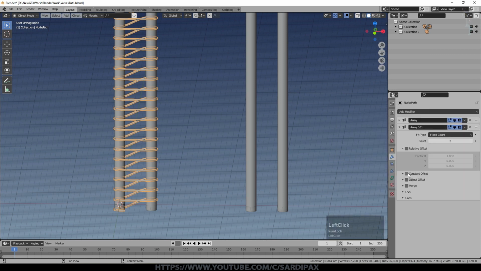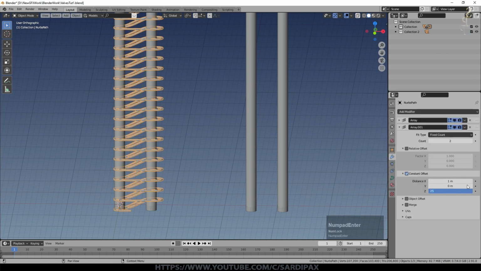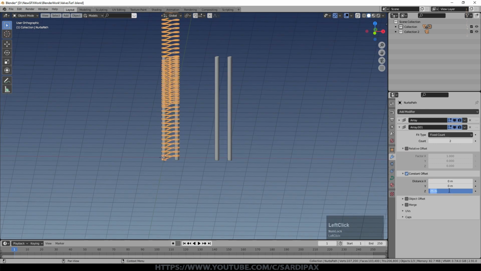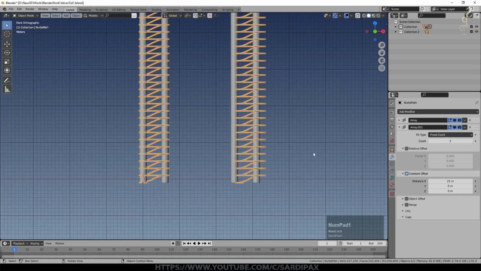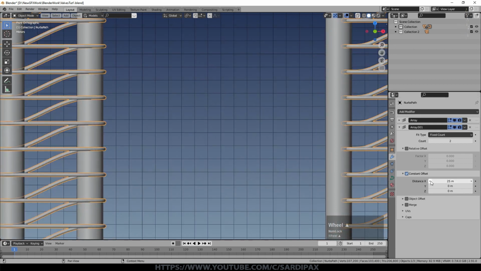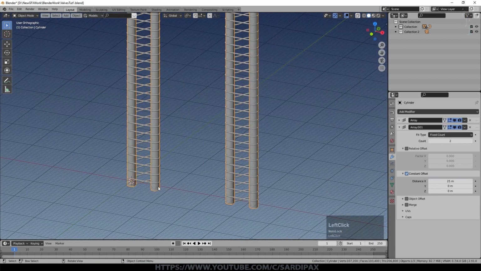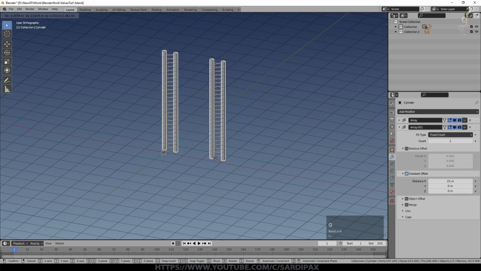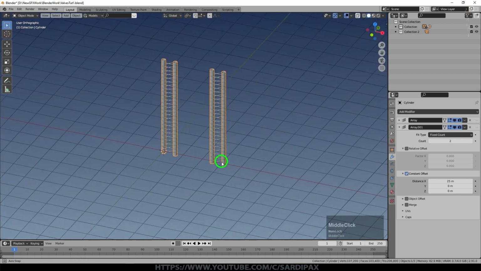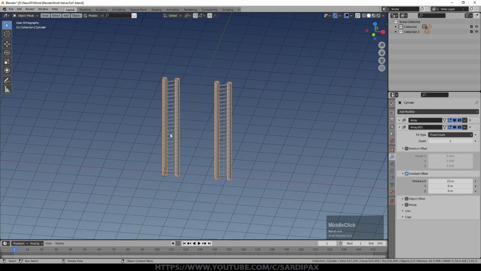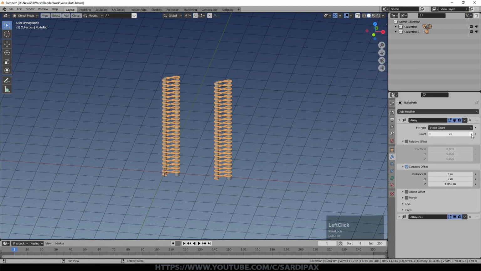Add an array, constant offset at 25 meters and no X. 25 meters on the X. Doesn't seem to quite perfectly align, so we'll just adjust that slightly. And there we go. So we can now just select the cylinders here, move that around, and we've got 2 nice heaters. And if we want them taller, just select the heater wire and we can just go up like that. And obviously do the same with the other.